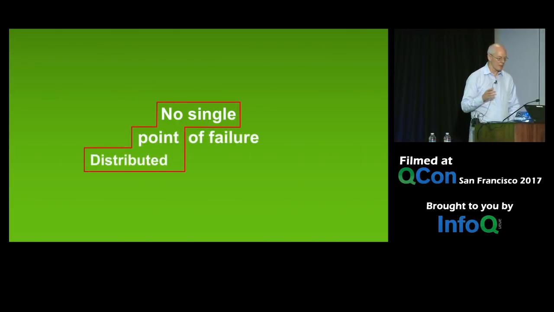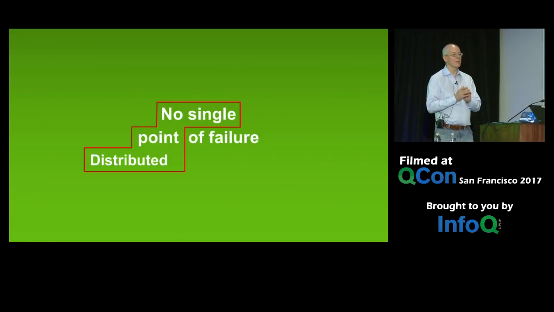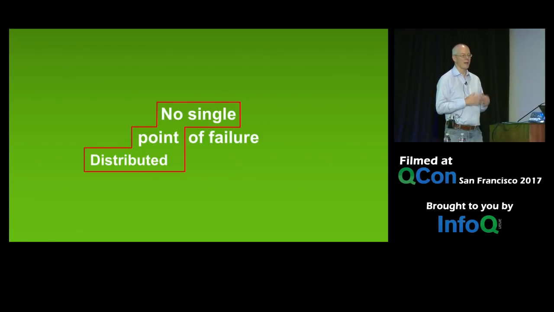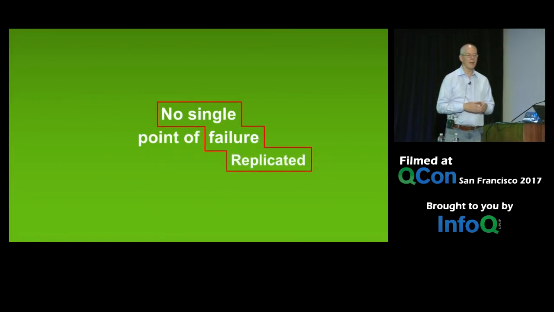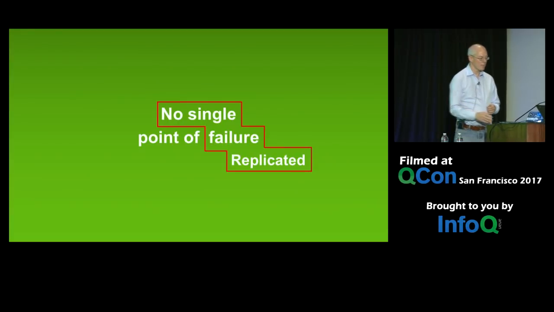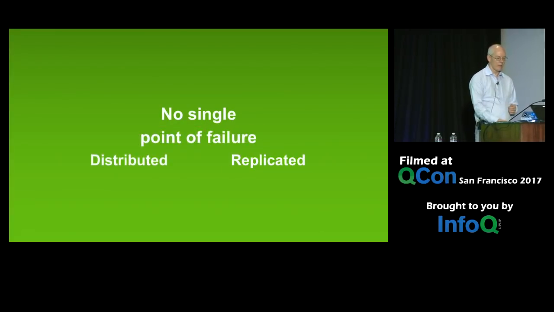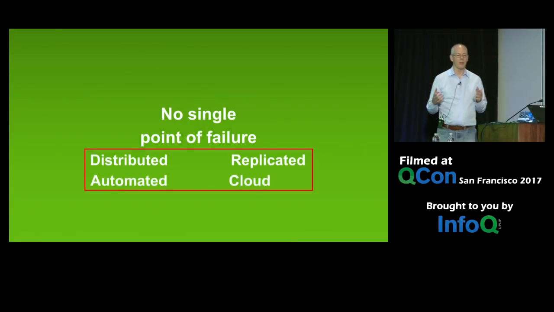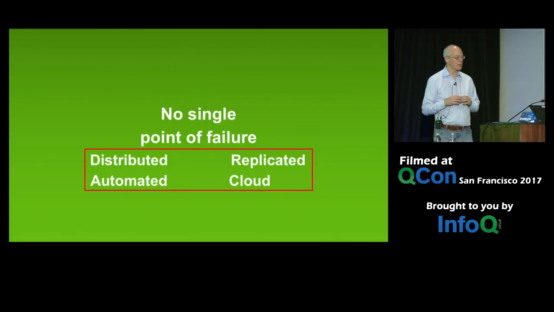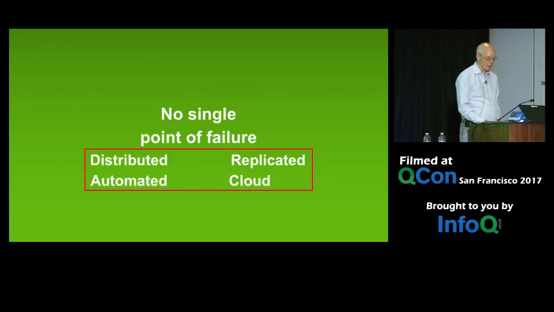And what I really mean is there's no single point, which means it has to be distributed, right? If there's no single point, that means you're building a distributed system. And if there's no single failure, it's got to be a replicated system. So we're building distributed replicated systems, and we want to automate them. And cloud is the way that you build that automation. So what we're talking about here is systems of distributed, replicated, automated cloud. And that is how you can go and deploy something that is going to give you the infrastructure reliability that you need. All right, so that's infrastructure.